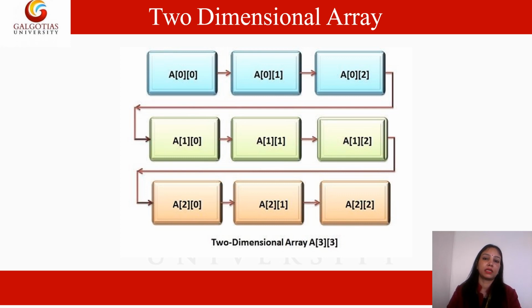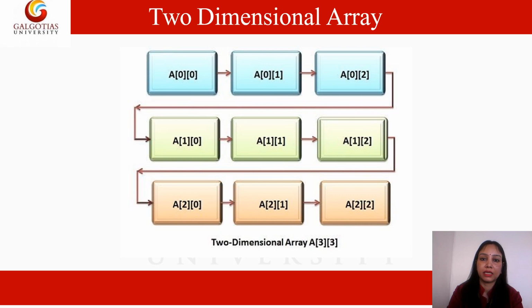One more important thing here is that elements in a 2D array are stored row by row, meaning first we finish row 1, then row 2 and row 3. But in general, as our array starts with index 0, we say row 0, row 1, row 2, and the last row will be what is the size of row?